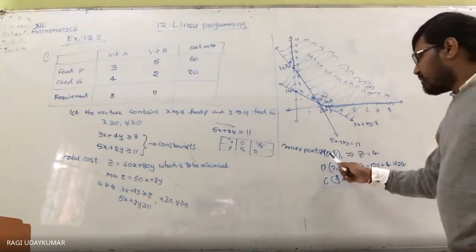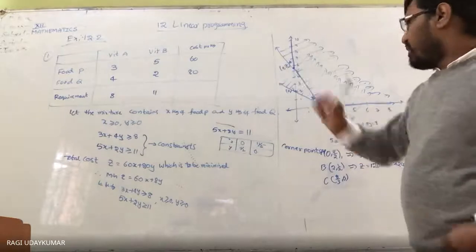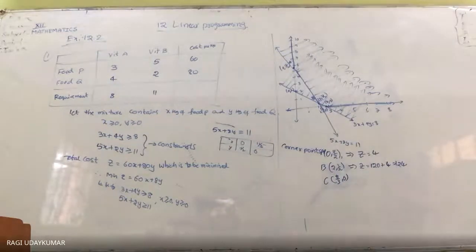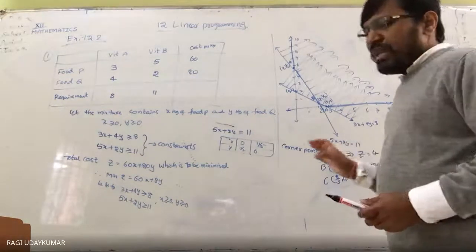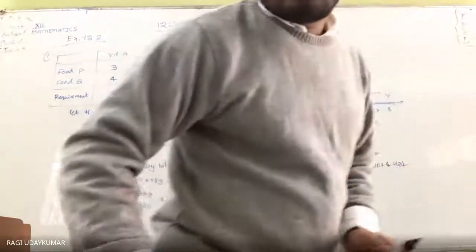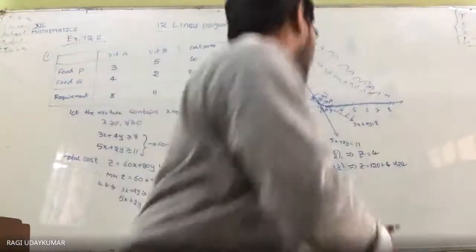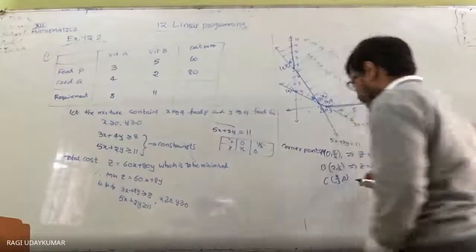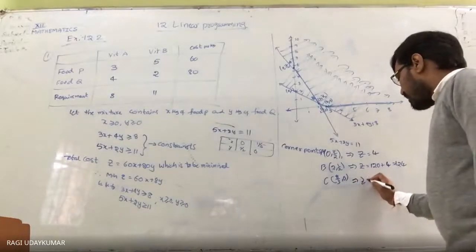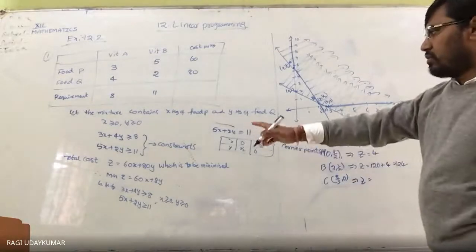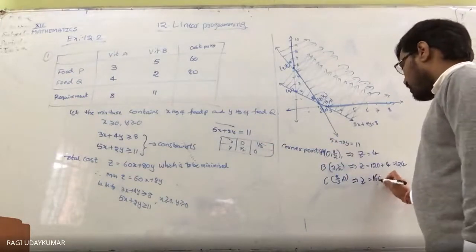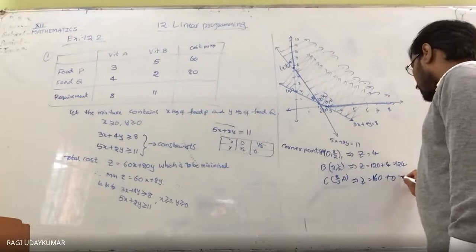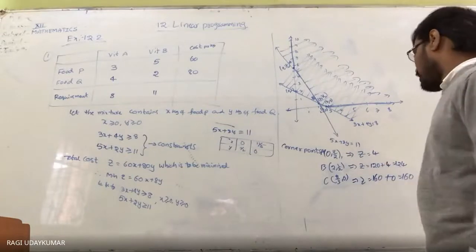And here, in case you take food P 0 and food Q 11 by 2. Whenever you observe this, the minimum is at the point C, where we find 8 by 3 as the z value. What do you get here? Z value 8 by 3, 20 28, 160 rupees plus 0. So 160 rupees you are going to get.